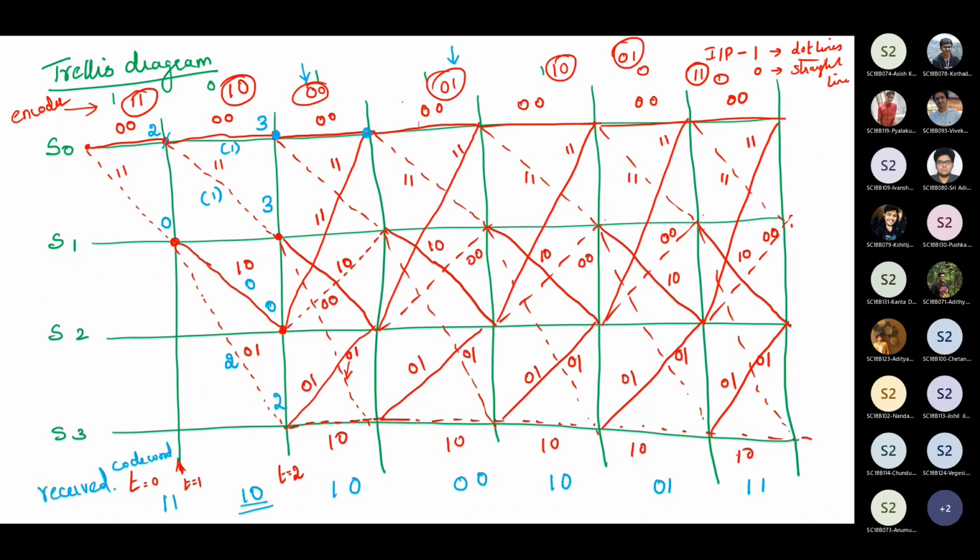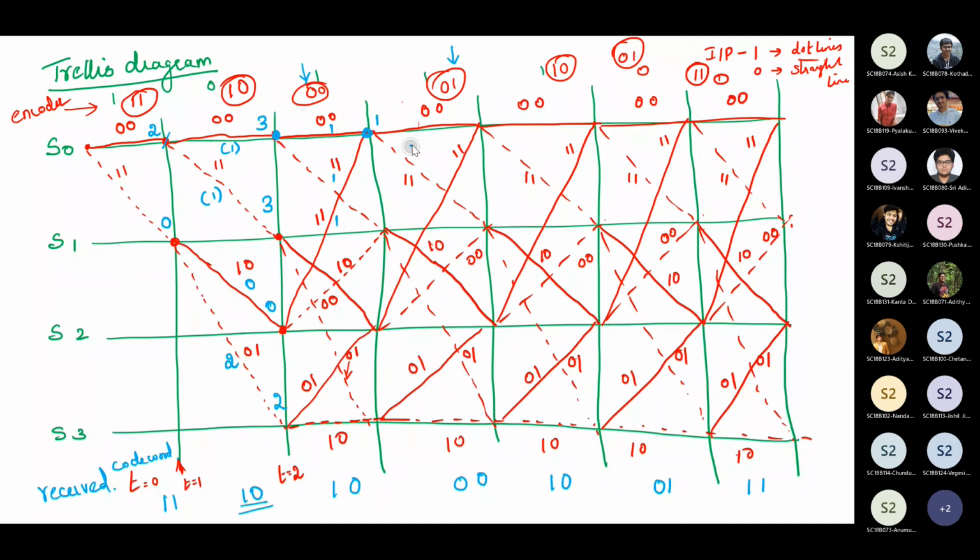Next, if you see each node, two lines are joining to each node. So what value do we have to write here? For example, the received bit is 1, 0. Here it is 0, 0, so the Hamming distance is 1. Next one, the Hamming distance is 1. Here it is 1, 1, the Hamming distance is 1. Now just see, 3 plus 1, here it is 4. Again 0 plus 1, here it is 1. Which is the lowest metric value that we write? So 4, and this line gives 1. So we write 1 here.